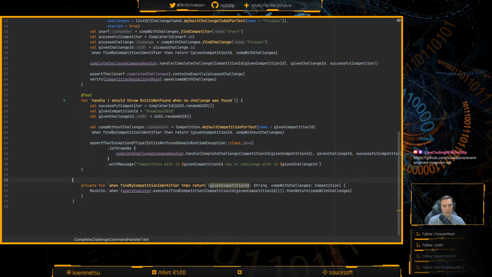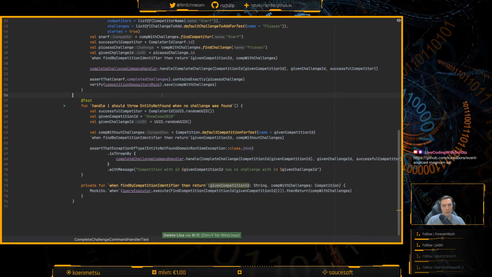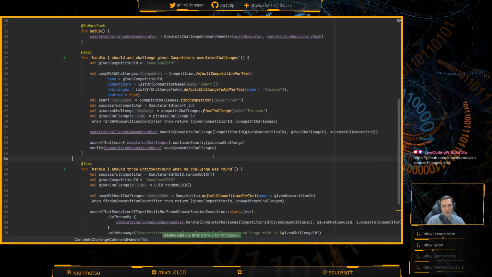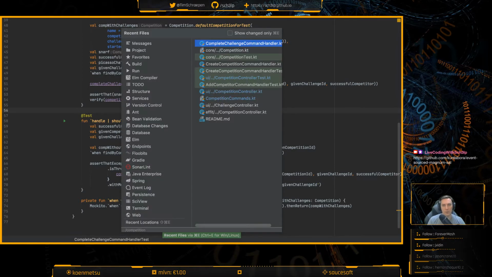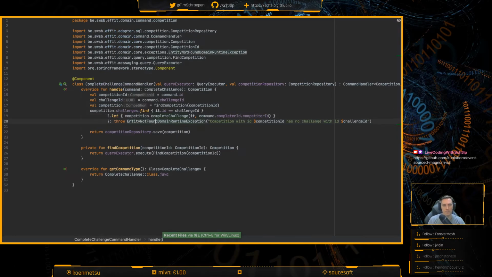So let's get rid of that. I should have actually done that already when I unit tested that complete challenge, in fact. But here, this one we actually do throw from the handler, so it makes sense that I keep on testing it there. Okay. I think that will be that.